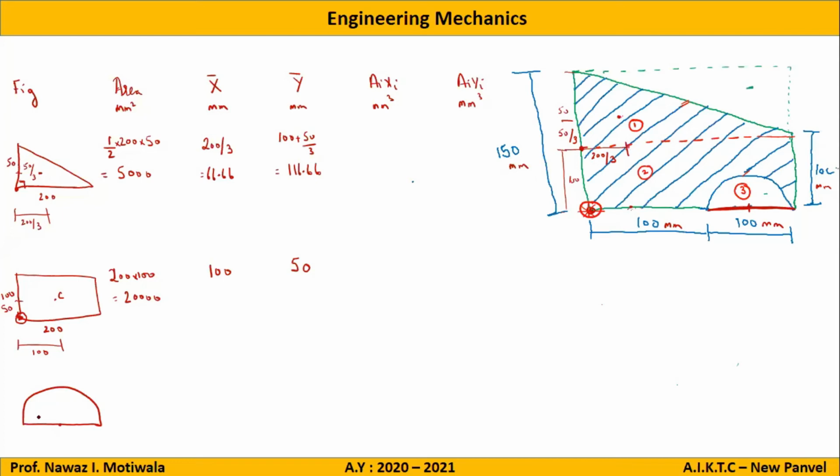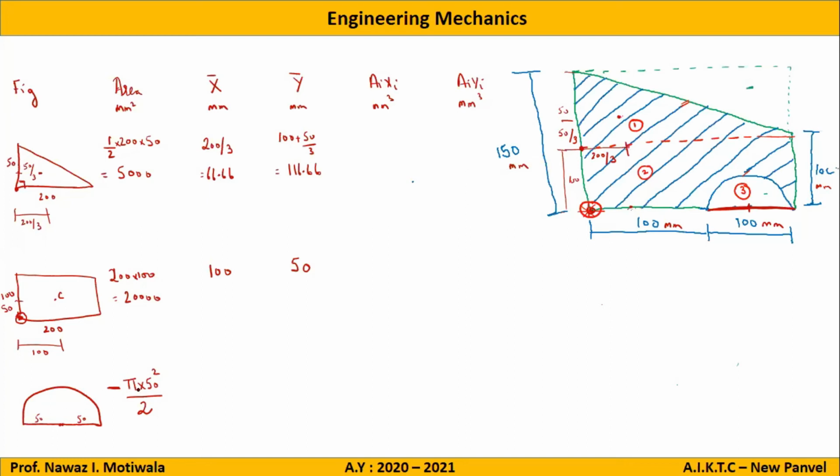So here I will write 50 and 50. The total distance is 100. That means R will be equal to 50. So we know that area is pi into R square. So pi into 50 square divided by 2. Is there some mistake in this? Negative sign. Yes, very good. It will be a negative sign because it is not in the shaded portion; it is not in the shaded region. So I will write it negative. Okay.